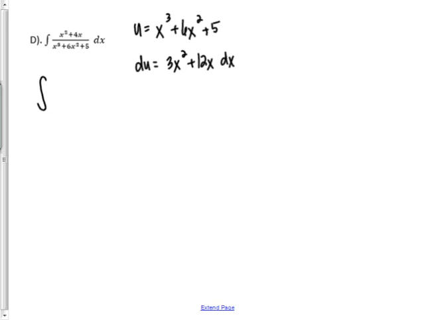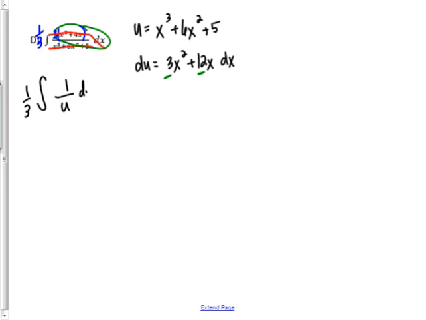But if I look at this one, if I let that bottom, that denominator, be u, and we'll go ahead and throw in my 1, could I get du out of this? Well, I have x squared plus 4x, and I need 3x squared plus 12x. I have the right amount of x's, but I need that factor of 3. So if I multiply it by 3 and distribute it, I would have 3x squared plus 12x. So I just need to multiply in that 3, cancel it with the 1/3, so bring down the 1/3,